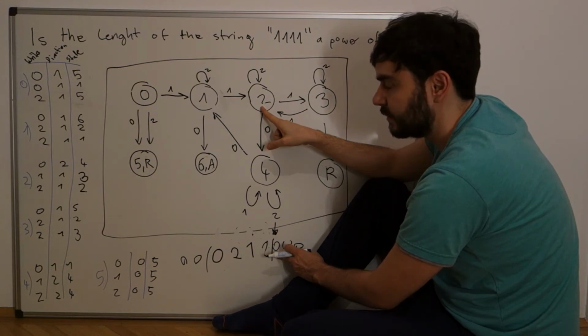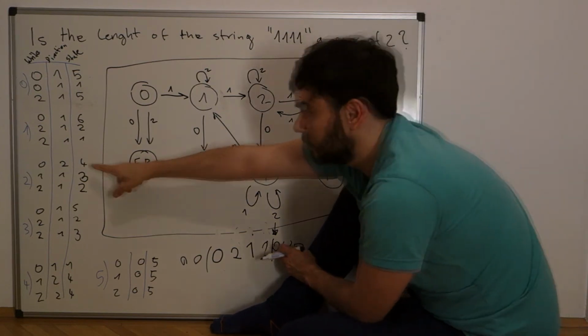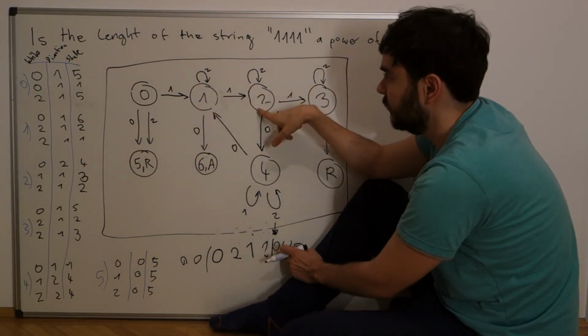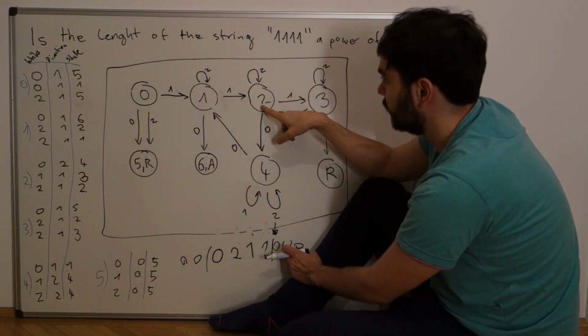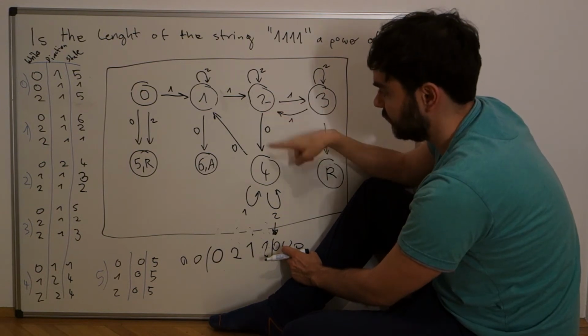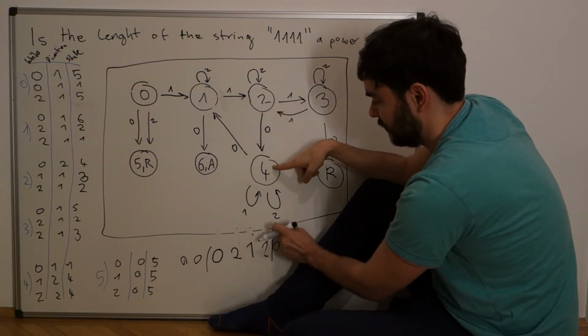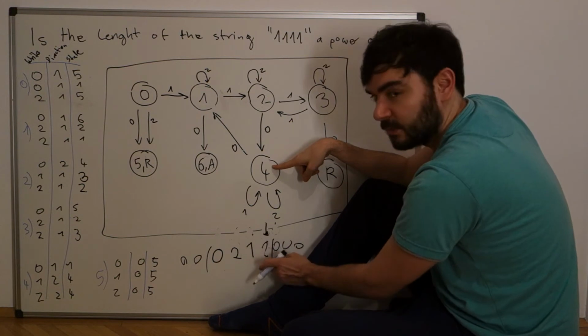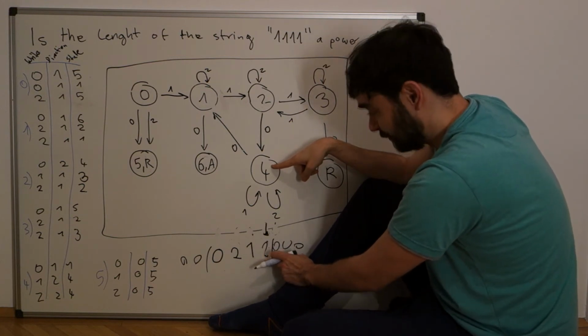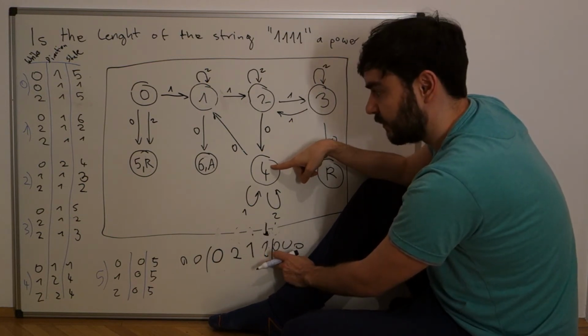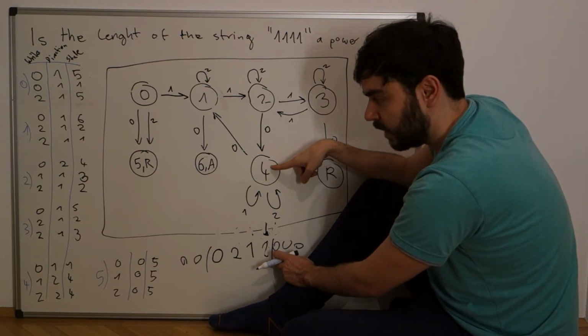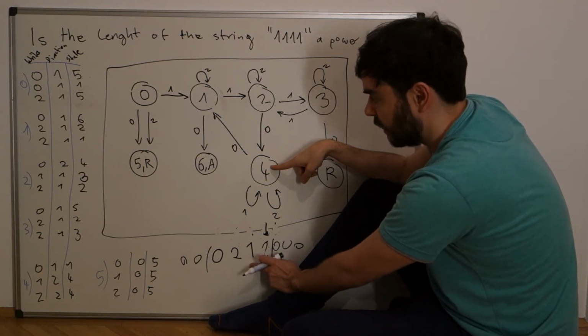I see a 0, I write a 0, I move to the left, and I'm in the state 4. So state 4, I see a 2, I write a 2, I move to the left,